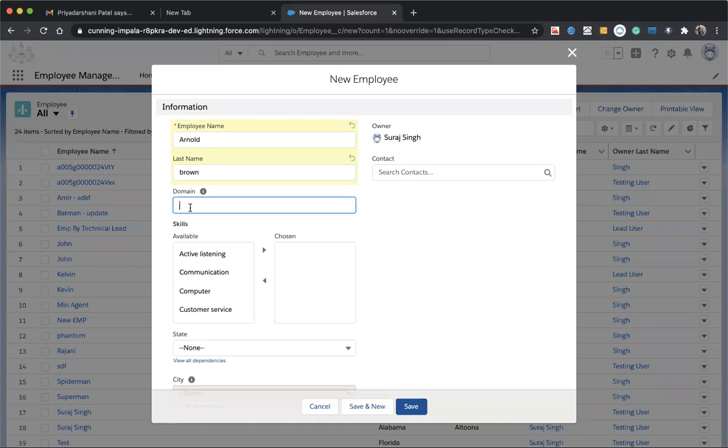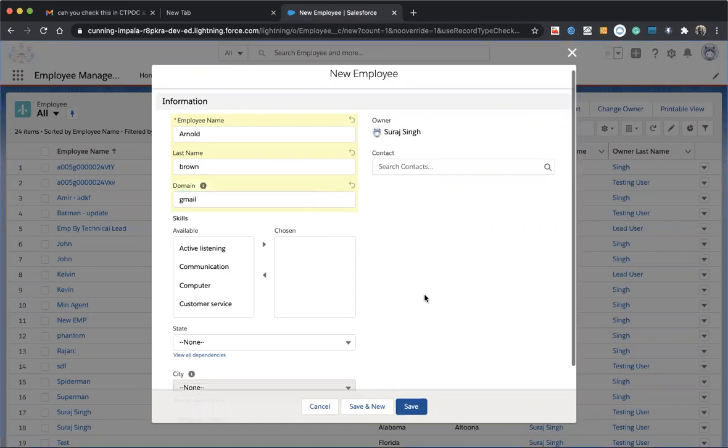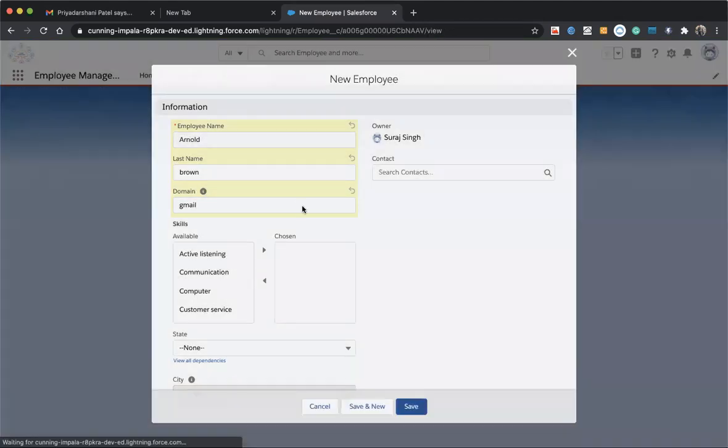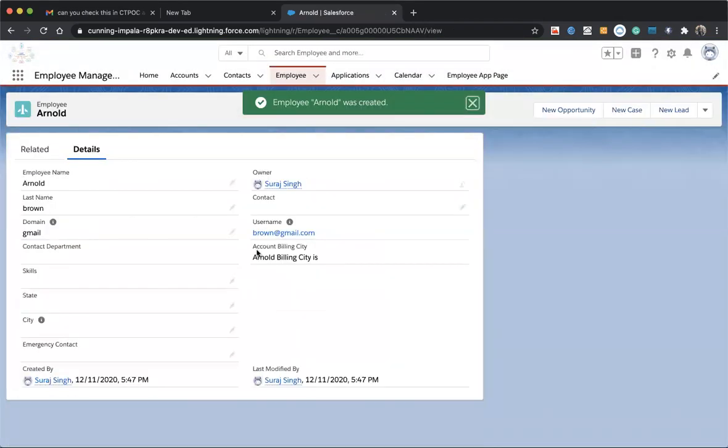Whenever we hit save, we created a formula field that will create its username. We also created a formula field that will capture its billing city.